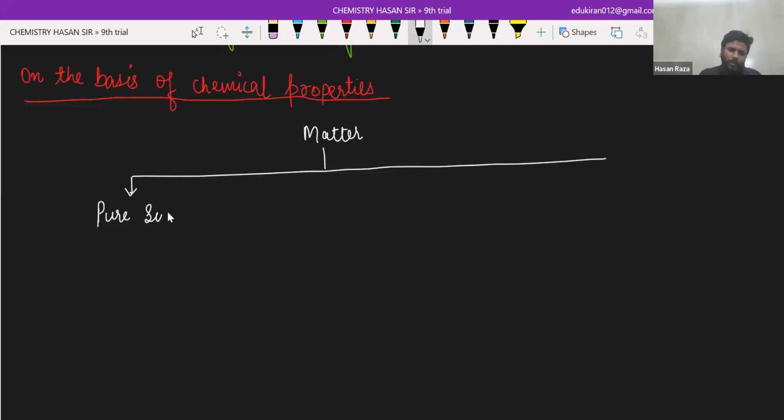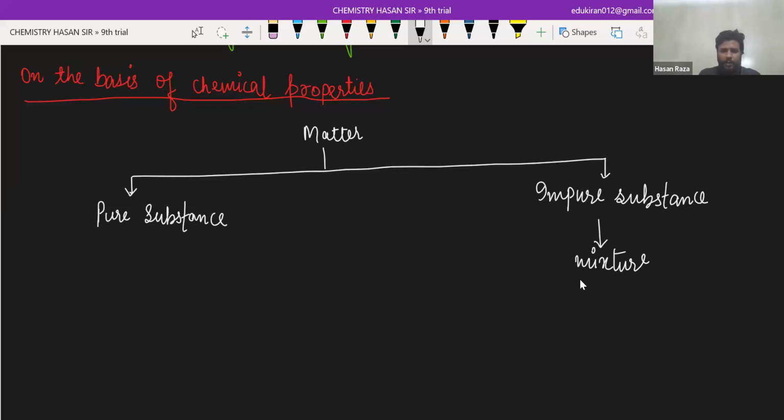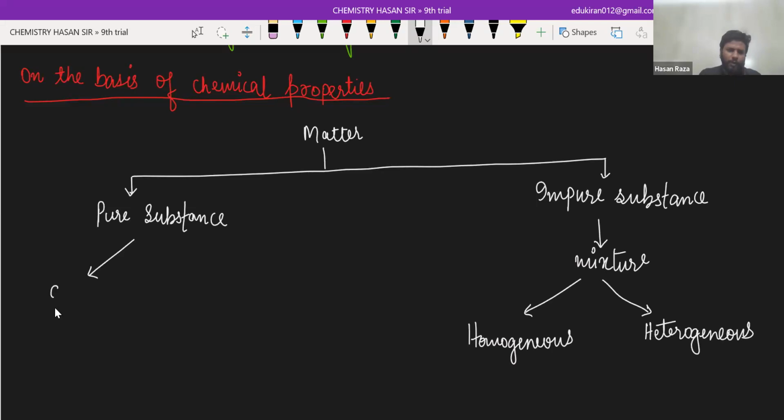One is your pure substance, and another is your impure substance. If you want to divide the impure substance, basically we are talking about a mixture. Impure substance means mixture, and it is divided into two parts: homogeneous and heterogeneous. Now, pure substance is divided into two parts according to NCERT: element and